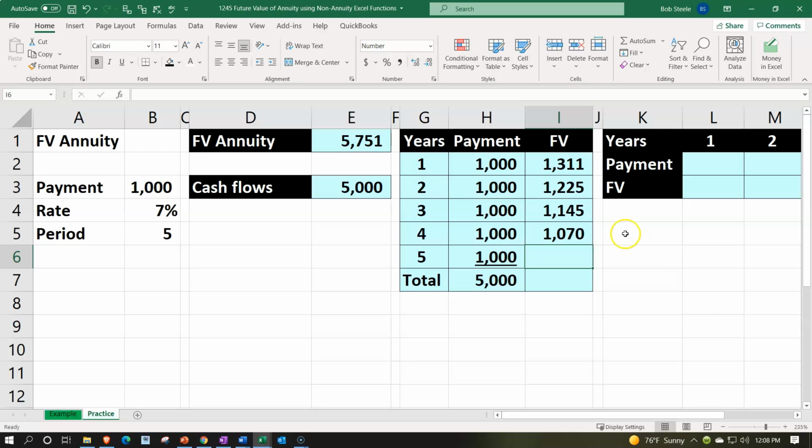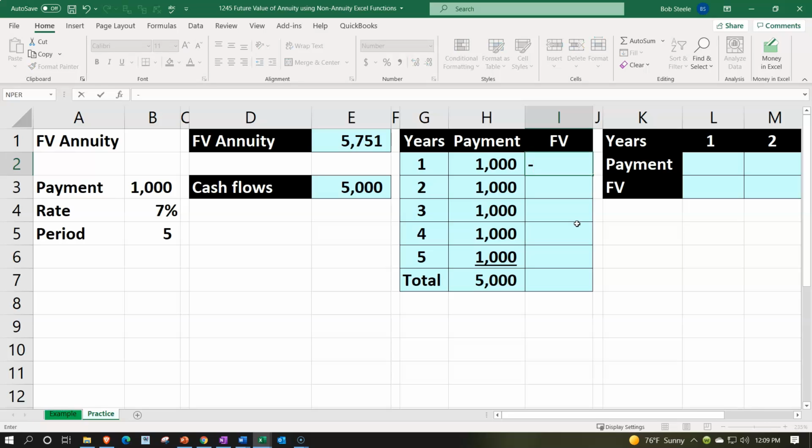Okay, now I'm going to delete it, and I'm going to do it one more time, being mindful of the absolute references so we can copy them down. Negative future value, Shift 9, rate 7%. Selecting F4 on the keyboard because that one is outside of our cell, a $ before the B and the 4,